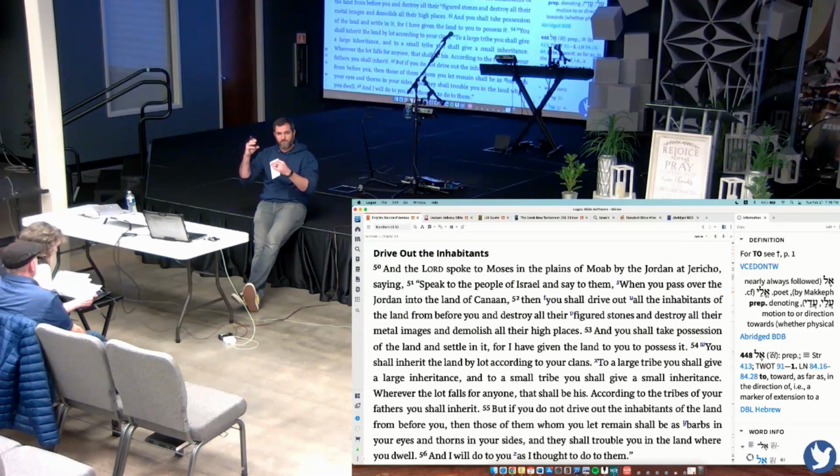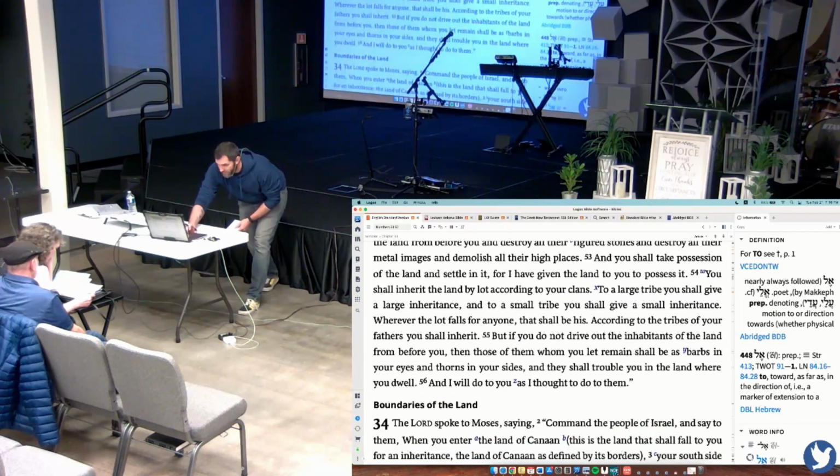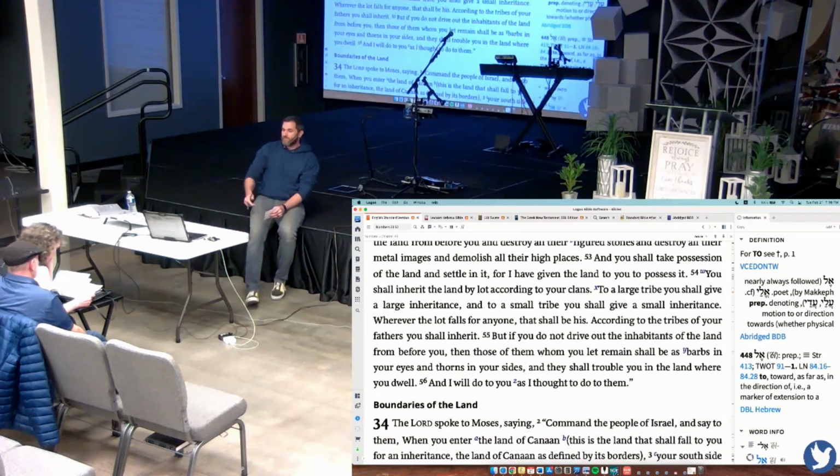But if you do not drive out the inhabitants of the land from before you, did you just notice some conditionality? This is like Leviticus 26 all over again, right? So if you're obedient, land. If you're not, if you do not drive out the inhabitants of the land from before you, then those of them whom you let remain shall be as barbs in your eyes and thorns in your sides, and they shall trouble you in the land where you dwell, and I will do to you as I thought to do to